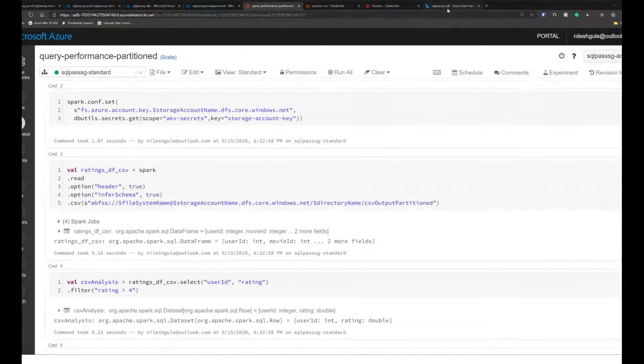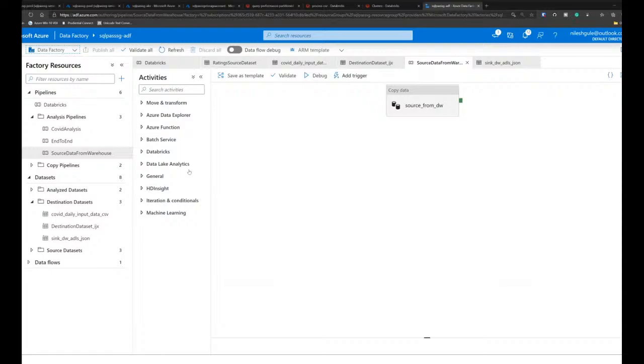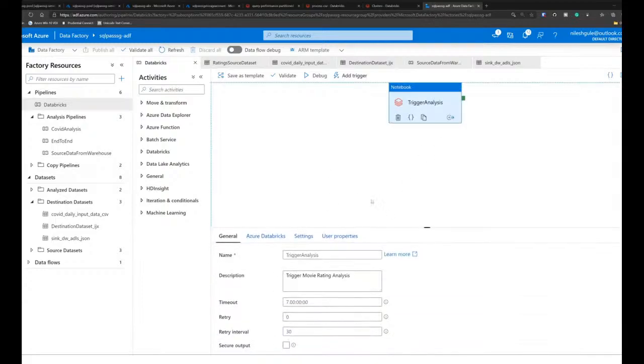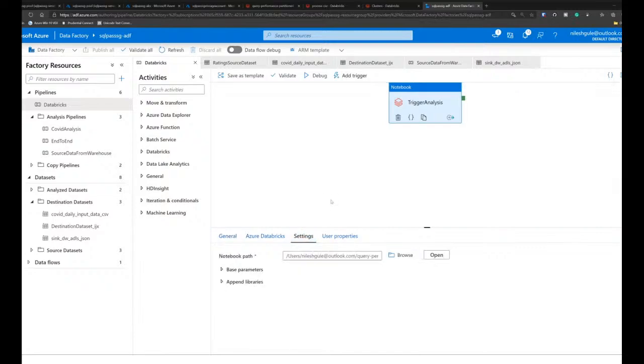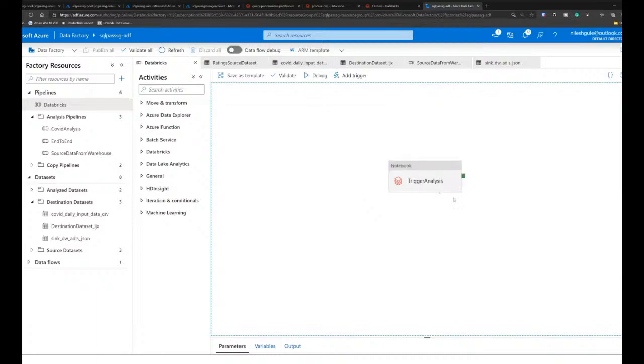So for that purpose, I can use Data Factory, and I can create a pipeline here. If you remember last time, I had shown how to trigger a Spark job from Data Factory. So I will use this same pipeline, and I will call a Databricks notebook from here. In this Databricks notebook, I'm connecting to the same notebook which I showed just now, the query performance partition, where it will write into the partition table. So it will call this, and it will write the data. There is nothing special in this.